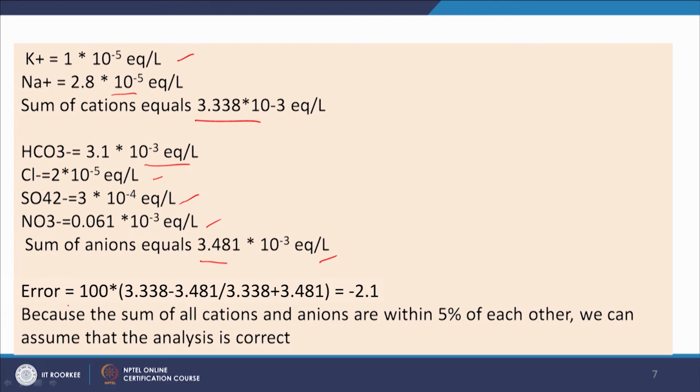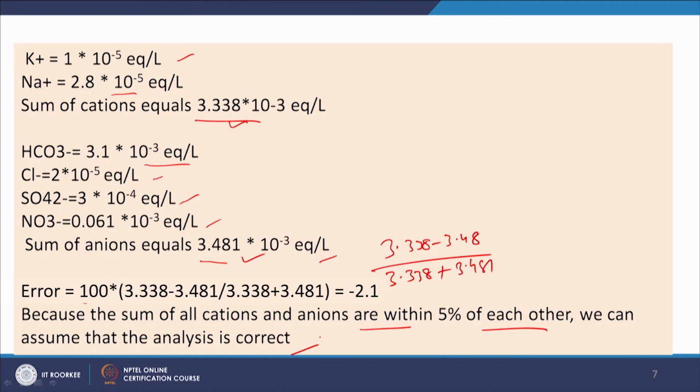Okay, so error. If we take cation is this one, anion is this one, what is the percentage of error with respect to this? This is the percentage, and if we take this: 3.338 minus 3.481 divided by 3.338 plus 3.481. Because the sum of all cations and anions are within 5% of each other, we can assume that